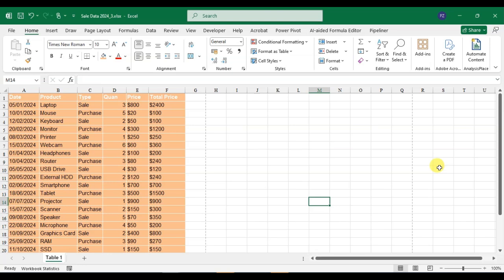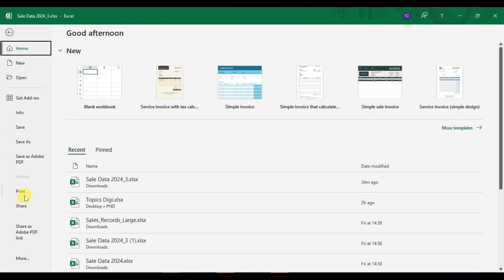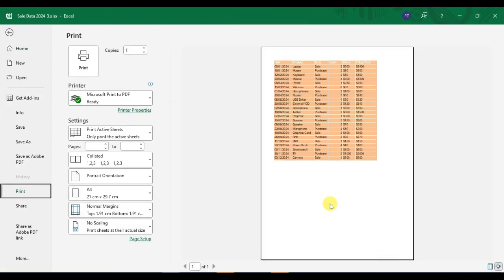How to print Excel sheet in PDF format. So let's start this Excel sheet, and here I'm going to print this data in PDF format. To print this data, just click on the File tab, then click on the Print option, and you can see